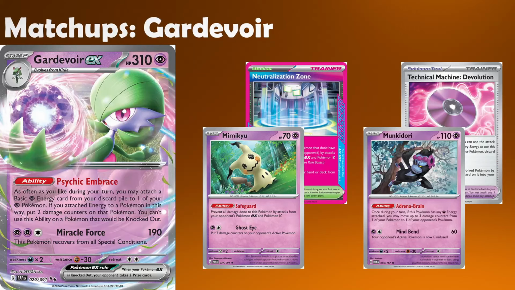from Shrouded Fable, and their likelihood to weave in TM Devolution in their strategy, using the likes of that Mimikyu, Fluttermane, and Monkey Dory to set up multiple Pokemon for a big swing turn, picking up our Charizard and Pidgeot in one go. Generally, our strategy is still going to revolve around trying to take out Curliers proactively, via those Prime Catchers, Boss's Orders,